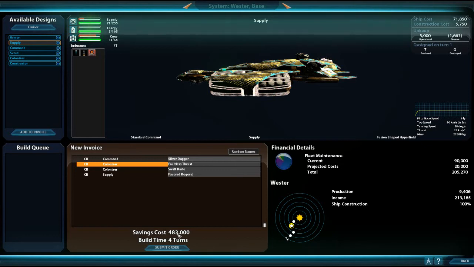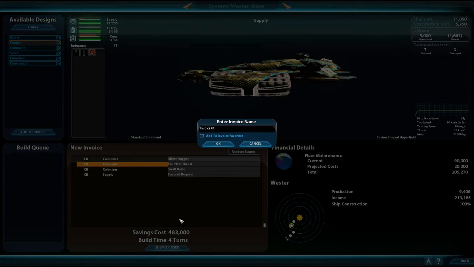$483,000. Now you know we only have 500,000 right off the bat, so you can see that you can go through money pretty quickly in this game. So you definitely want to keep a good close eye on your economy. So we'll go ahead and submit that order because I want to get another colonization fleet up as soon as possible. Now when you're done with this, it'll ask you if you want to enter an invoice name,